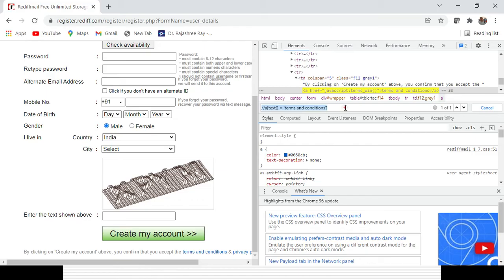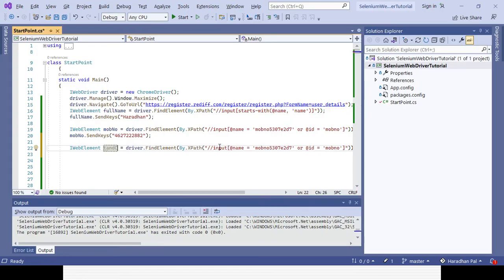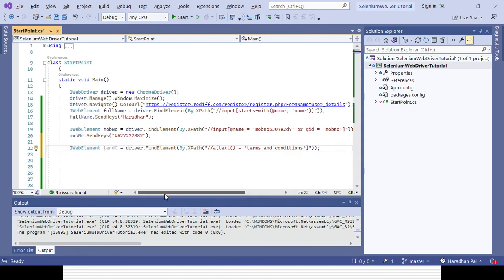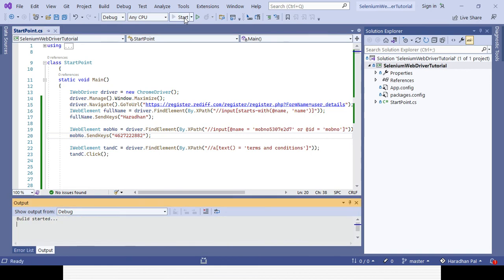This is the XPath, I can change it here. And then this is a link, so I can simply click on that link, the element dot click operation. So I have created so many XPaths with different approaches, and I am able to identify the element and perform the operation.